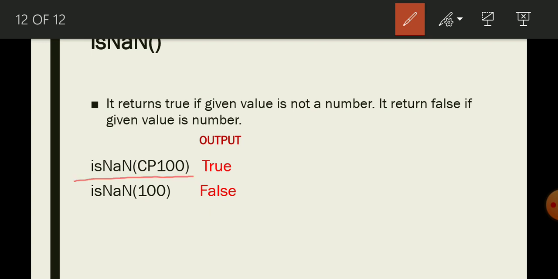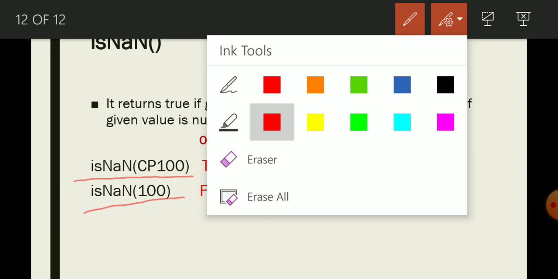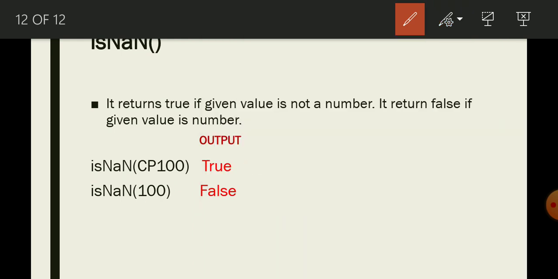It returns true because the first letter is an alphabet, so it is considered not a number. In the second example it returns false because it is a number. So remember, if it is not a number it returns true, and if it is a number then it returns false. In this way we saw different data types in JavaScript and built-in functions in JavaScript.